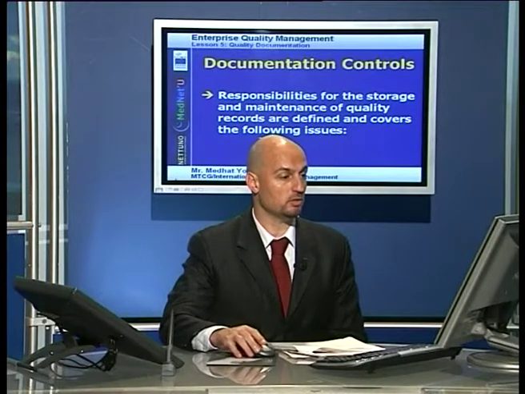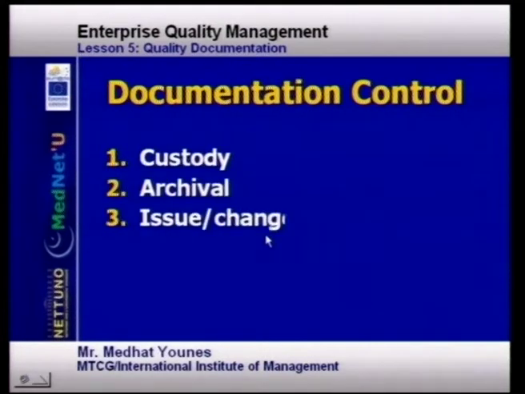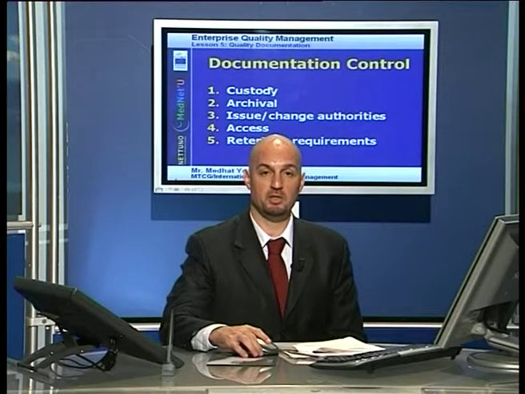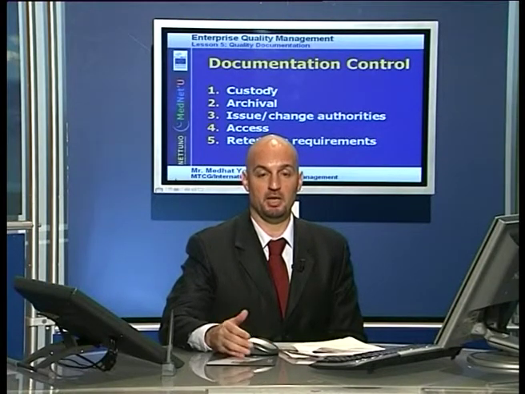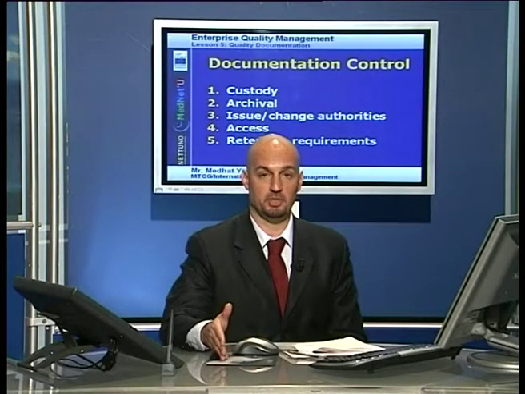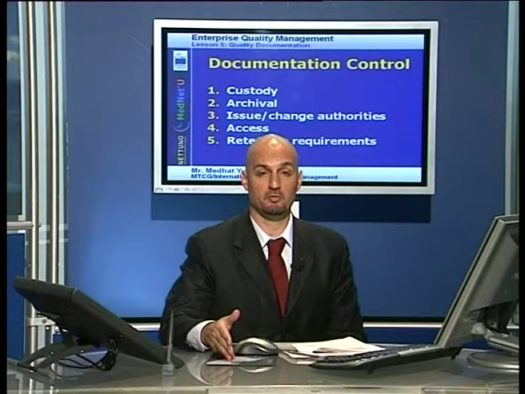For documentation controls, the responsibilities for the storage and maintenance of quality records are defined and cover the following issues: custody, archival, issue change authority, access, retention requirement. Critical documents like design and authorization should always be traced and should be in the custody of trusted personnel. Archival: some documents should be archived for 1 year, some for 7 years, depending on legal requirements as well as the internal company